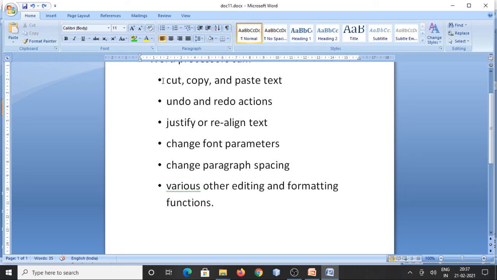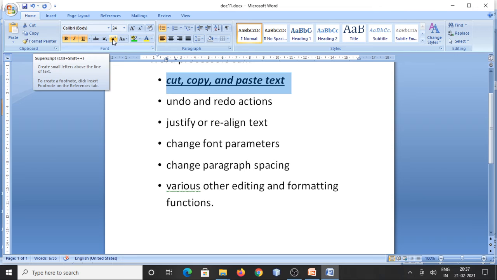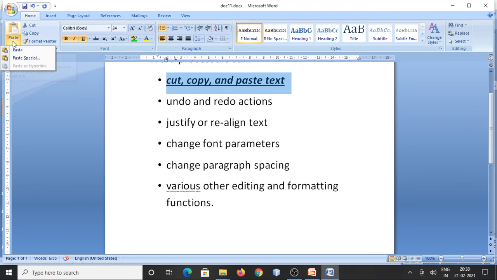And if you want to make text bold, click on the bold, and if you want to make this line italic, then click on the italic, then underline it. After that, these are the subscript and superscript for doing some mathematical calculations, and we are using the mouse. As for pasting, we can use this icon also.